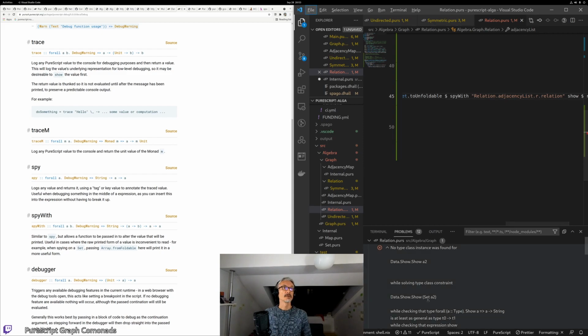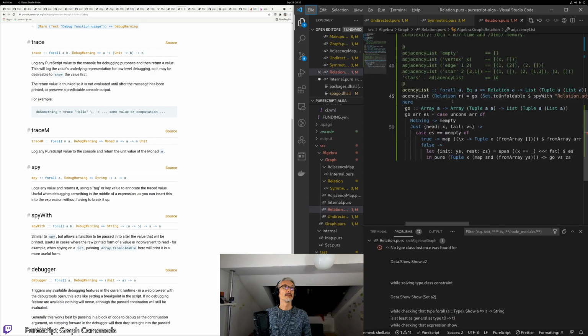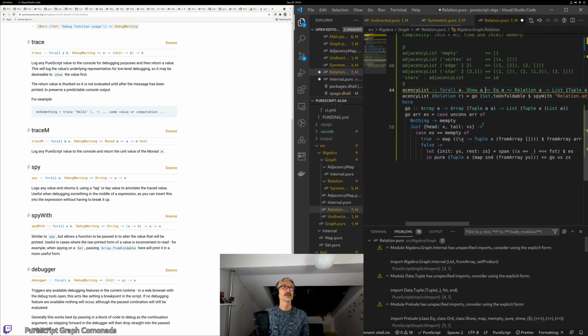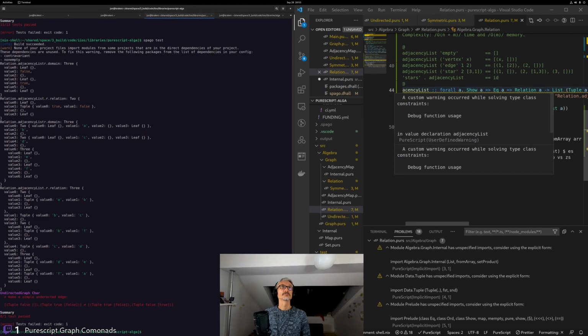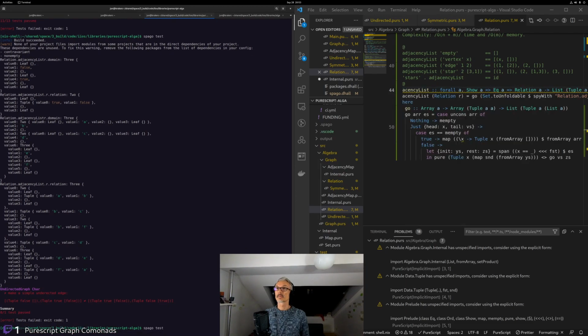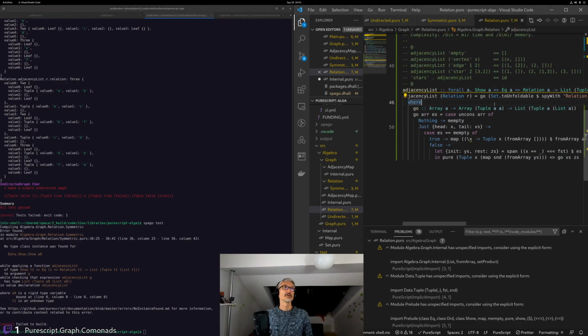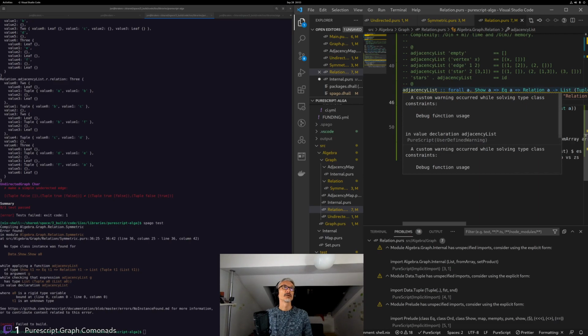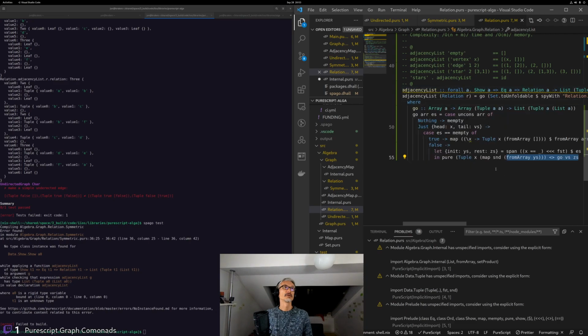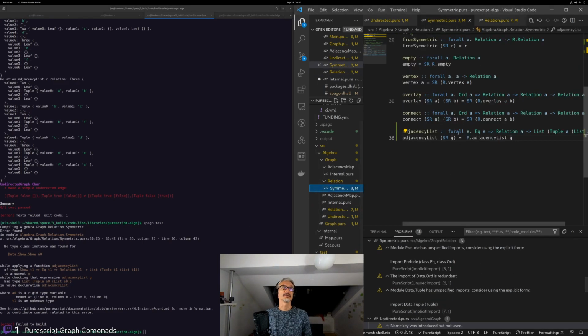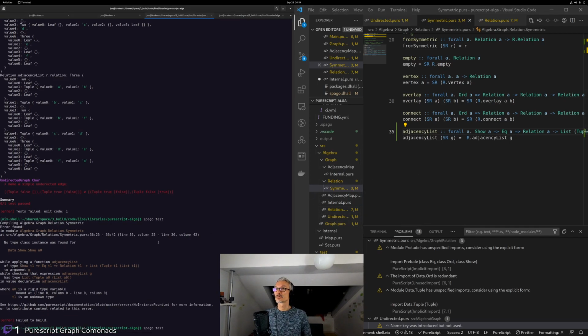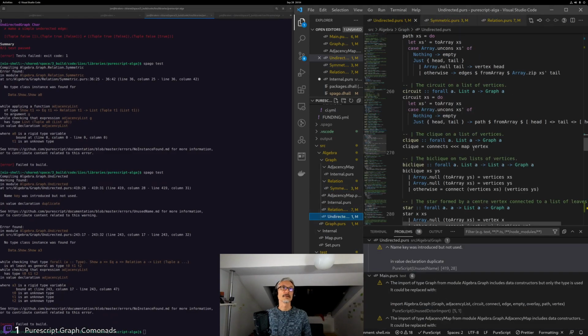But there's no show instance for set. Because there's no show instance for the, yeah, right, because we don't have, okay, fine. We add a show constraint just for debugging. And apparently it's still unhappy with that. Debug function usage, yeah, that's fine. In symmetric, oh, okay, I see. Now we need to have those everywhere. That's a little bit problematic. It's going to also go into adjacency list, but for now, let's just accept that